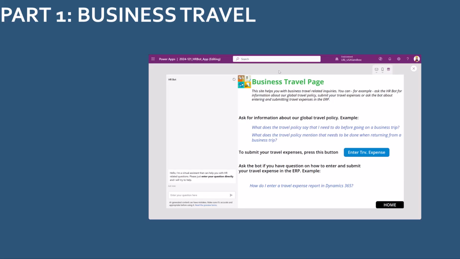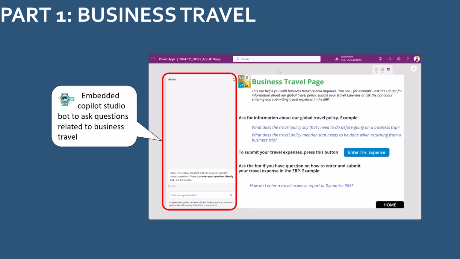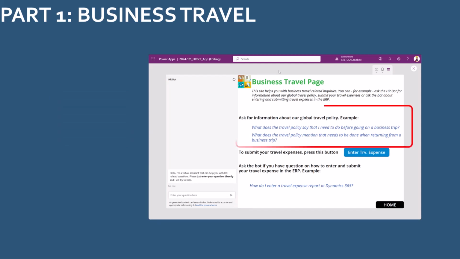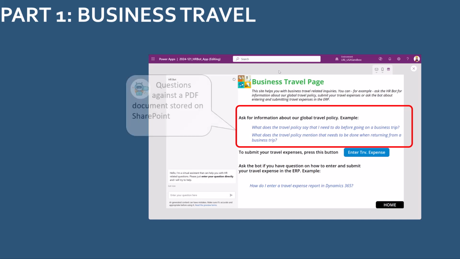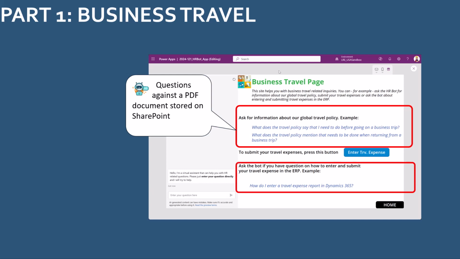So what are we doing in the following? Here's the business travel page. On the left, you can see the integrated HR bot. And then I have different things. For example, I want to ask questions before I go on a business trip, and these questions might relate to a PDF document, my travel policy that I stored on SharePoint. Then, once you come back, you might want to record your travel expense. And also here, you might have no idea how to do that. Therefore, I have here an integration